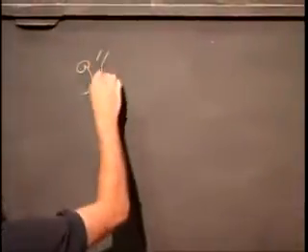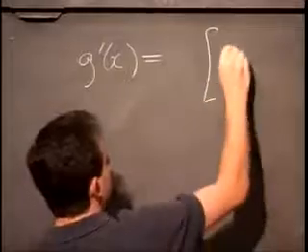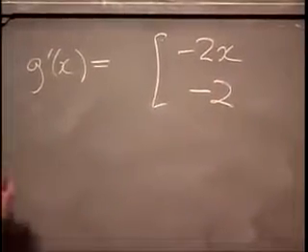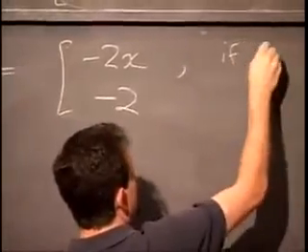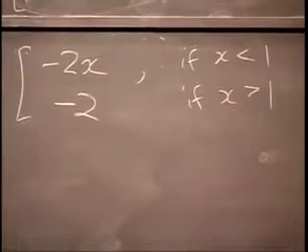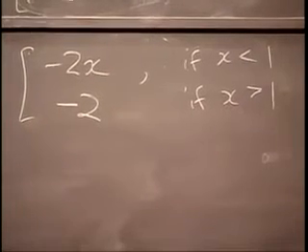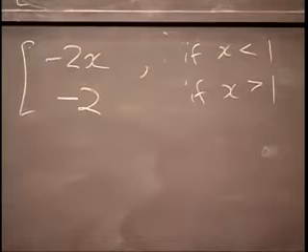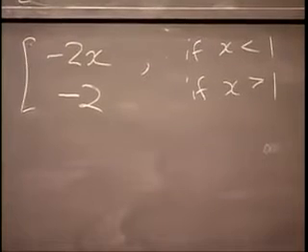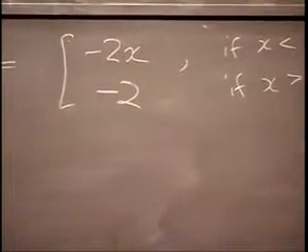Right? In fact, it's tempting to say g prime of x is equal to minus 2x if x is less than 1, and it's certainly minus 2 if x is greater than 1. The problem is what happens at x equals 1. So g is automatically differentiable and continuous everywhere except maybe at 1. So that's the only point we have to check. So basically, you need to check continuity